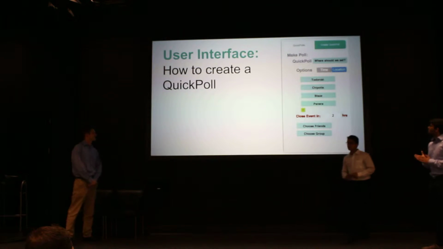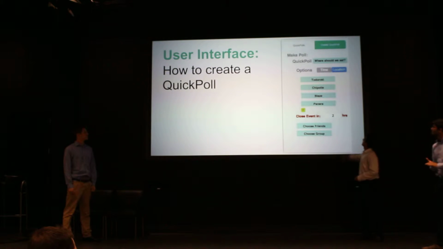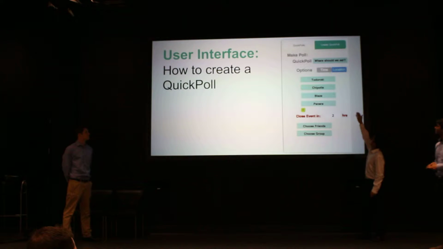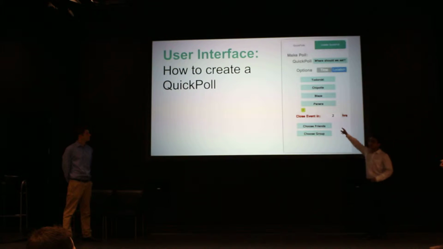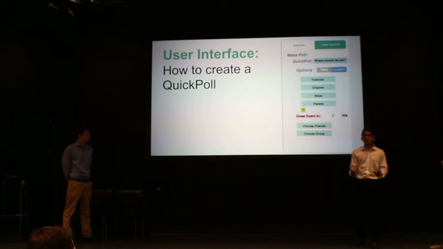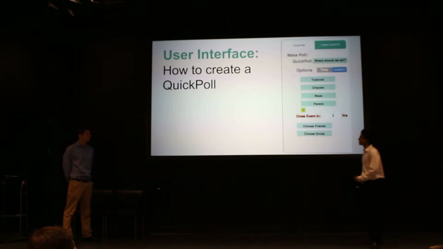So this is a make a poll page. What you can do, suppose Aman wanted to ask his friends where everybody wants to eat. He can say, right in the question area, where should we eat? And then list a couple options about where his friends may want to eat. Then he will add a time urgency. Right here, he'll list 2 hours. That way, it tells the people that he's polling that they need to hurry up and make a decision so that they can come to a conclusion.